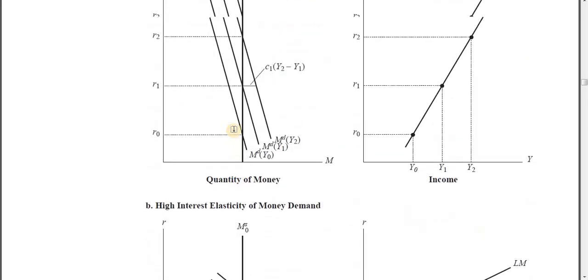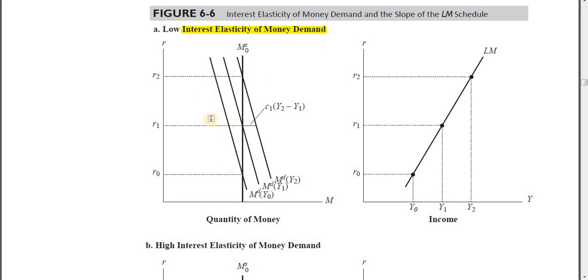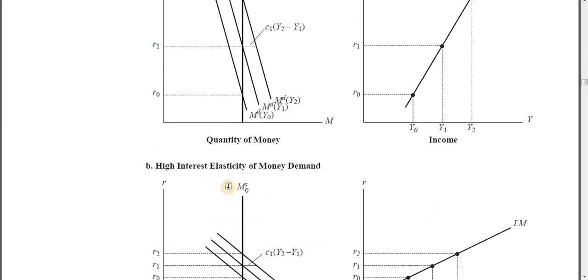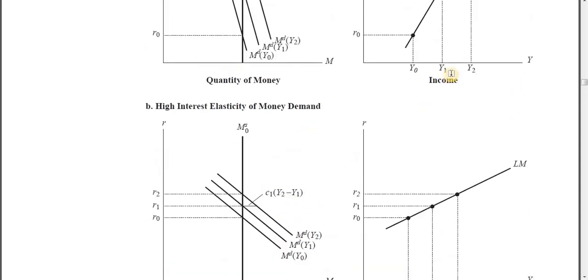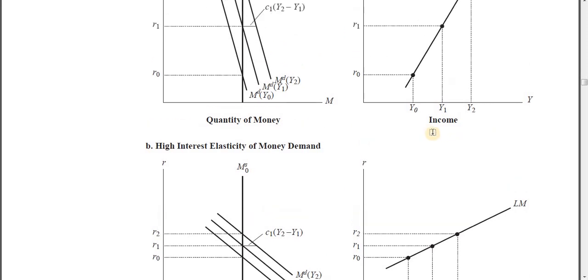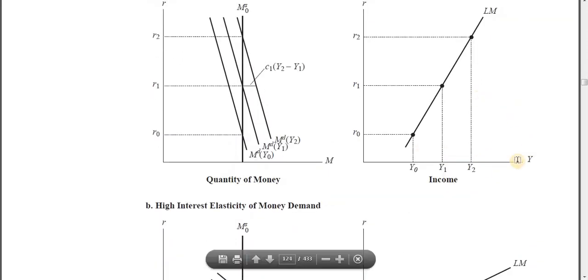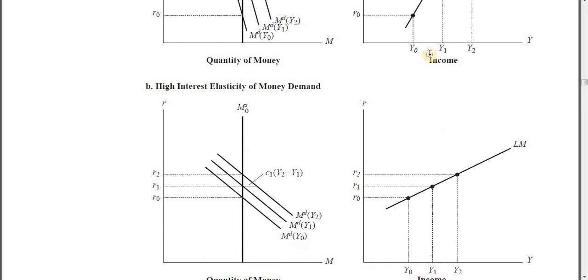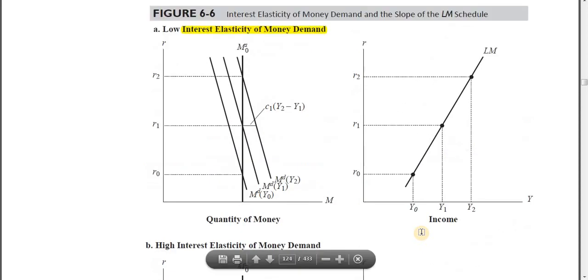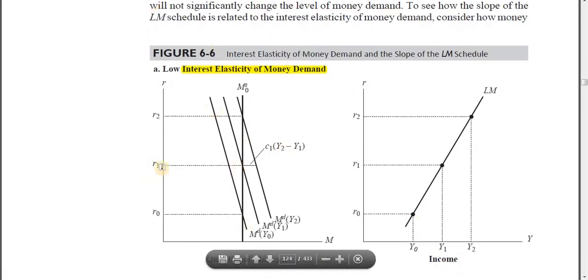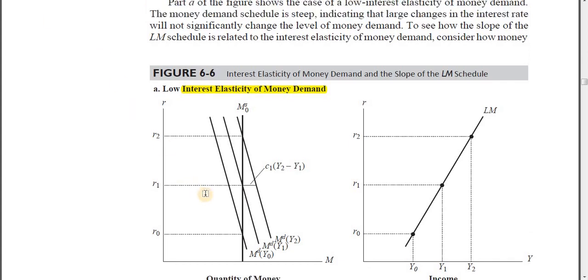But let's have a look at this particular case. Here the money demand curve is very, very steep. It means for a given change in income, in both the cases the change in income is the same. It's Y0 to Y1. As we can see, this width on the X-axis, Y simply means income. So the width of the income is the same. So the change of income is the same. All that's different is the shape, or the width of the rate of interest, that we can understand